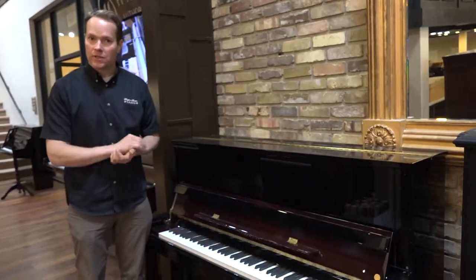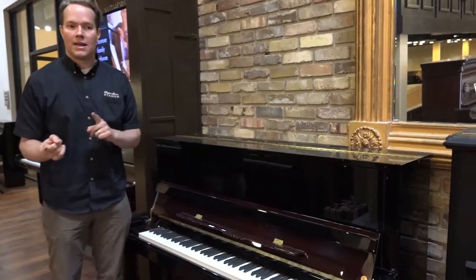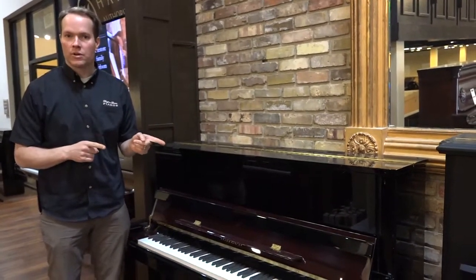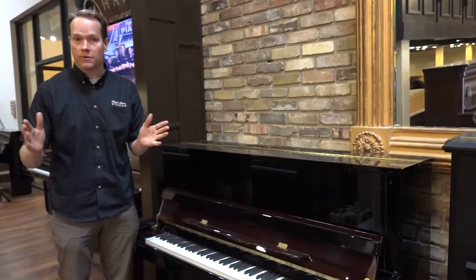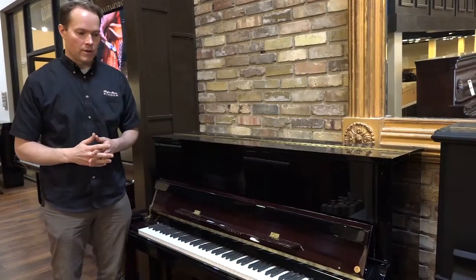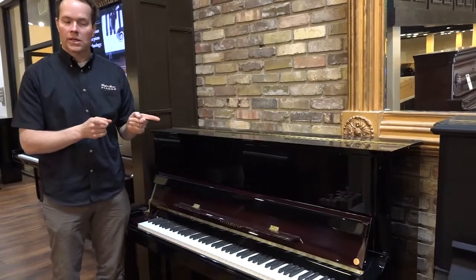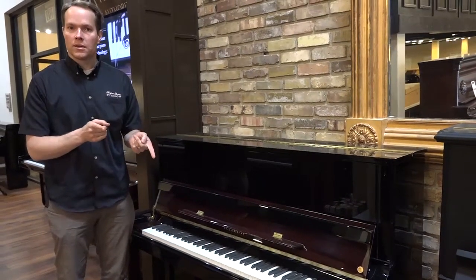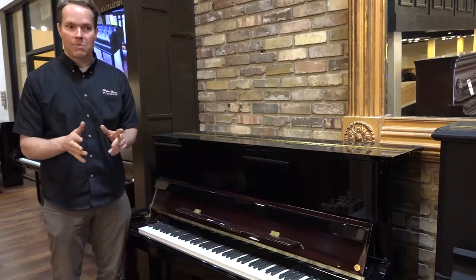I was very skeptical, simply because Hailun is manufactured in China, and every piano that I had encountered up until that point, I started as a technician in '95, so I'd had quite a bit of experience between '95 and 2010 of all pianos, including pianos manufactured in China. And basically all of them manufactured in China up until that point were decent, mediocre at best, and often not